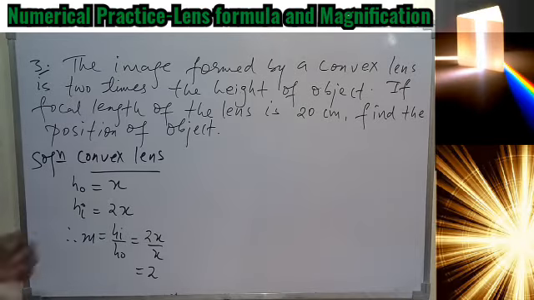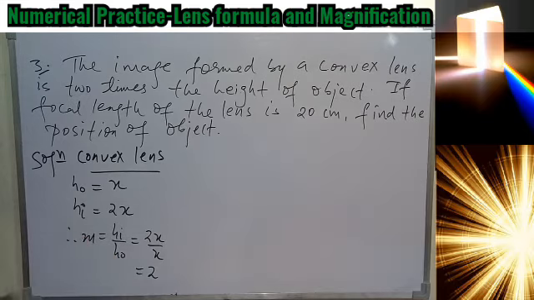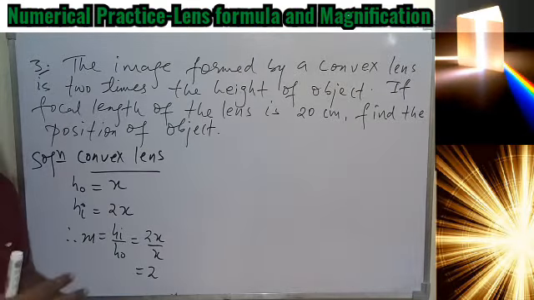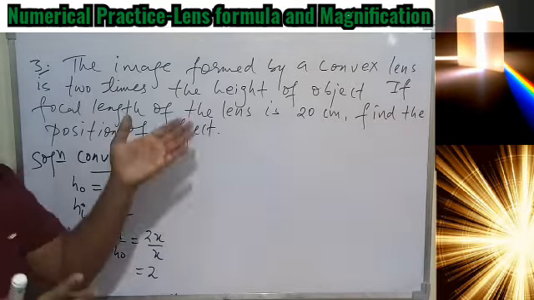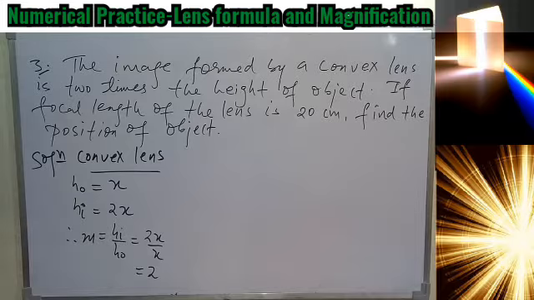Okay, but here nothing is given like if the image is forming on a screen, if the image is real, virtual, because we know the convex lens can form real and virtual image both, and even virtual image can be magnified, and that is the height of image is 2 times, means the image is magnified, so that can be a virtual image also, and it can be a real image also.